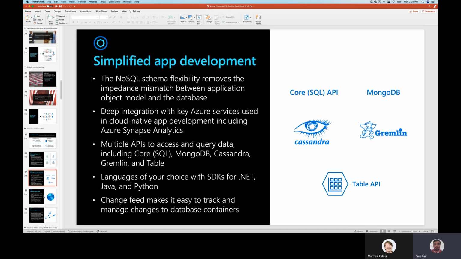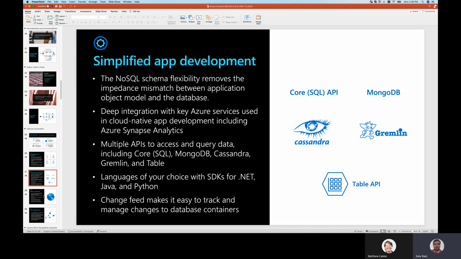We also know that many of you have been running large installations in form of MongoDB and Apache Cassandra or DataStax Cassandra on-prem. And if you want to migrate your MongoDBs or Cassandras into the cloud, you can migrate with a mere change of connection string in form of Cosmos DB Mongo API and Cosmos DB Cassandra API. And also we provide you the ability to load your graph-like databases in Apache Gremlin